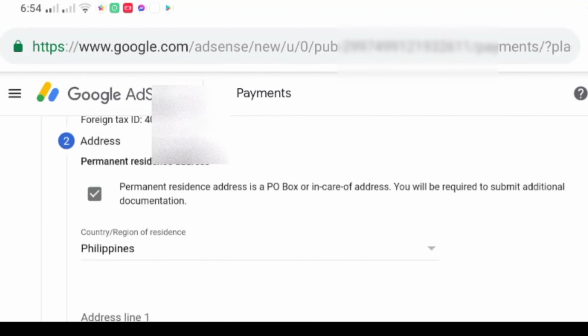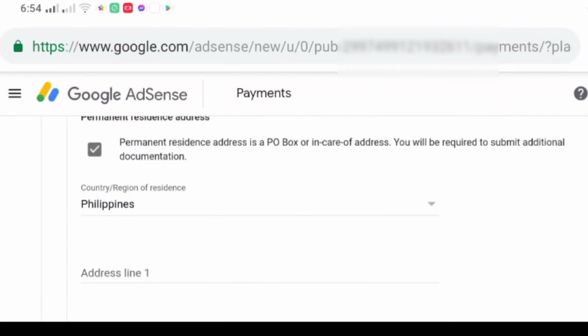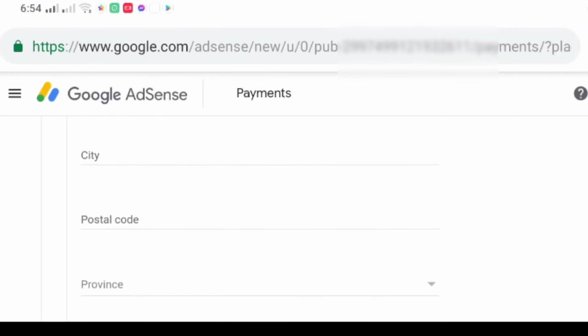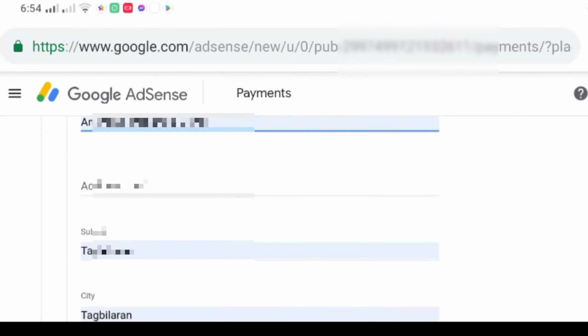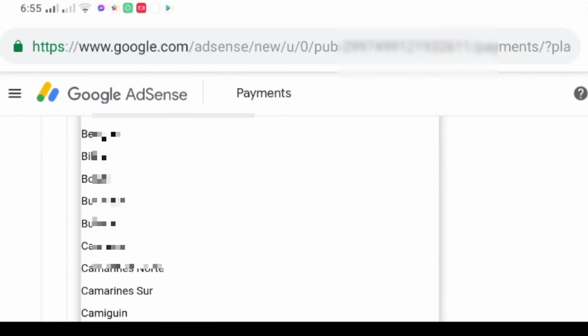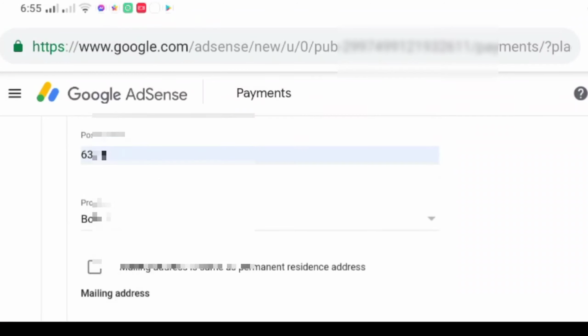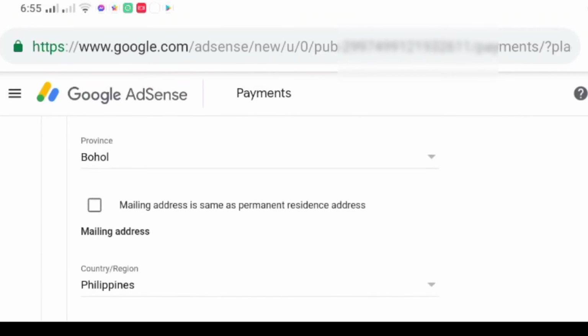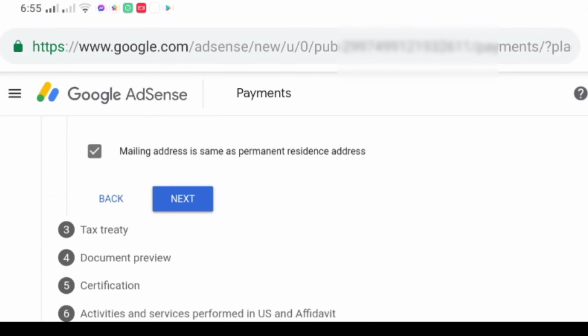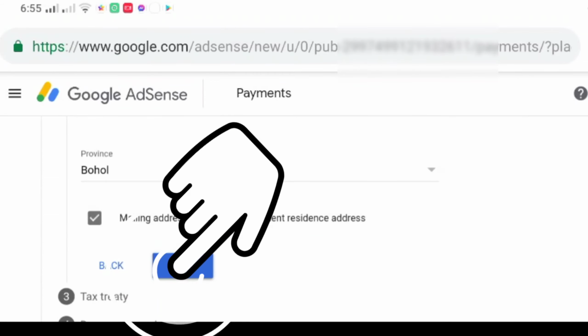Piliin ang permanent resident address is a PO box or in care of address. So, we'll be required to submit additional documentation sa Philippines. Yan po. Mailing address is same as permanent resident address. Yan po. Then, pindutin ang next.